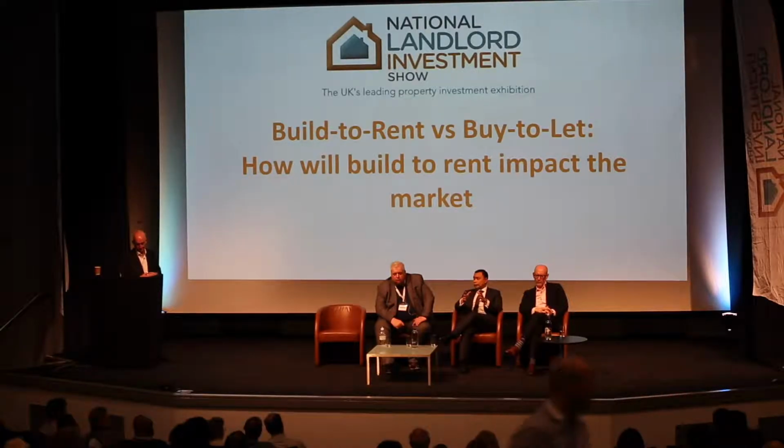It's almost like a hybrid, really, because you still pay for your own utility, so you pay for what you consume. So we still give people the choice there. We're not imposing on them that they have Sky or they use BT and all of those. But what we do give them is that element of convenience. So we're definitely not that all-inclusive developer. But within our student accommodation, we provide that for our tenants,